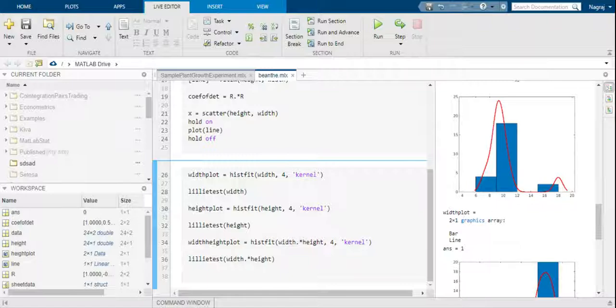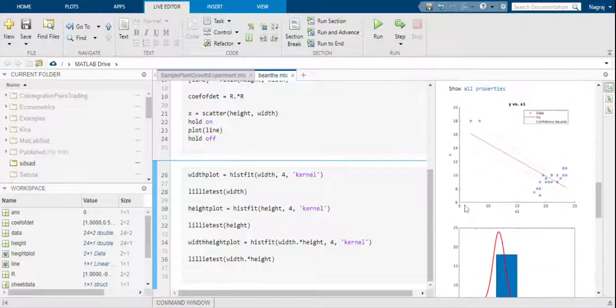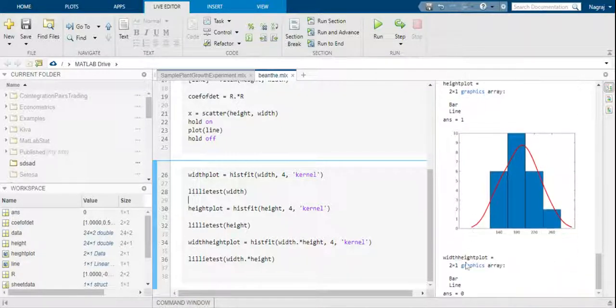And I did a lillietest test for width, height, and the dot product of width and height. And if the lillietest test is 1, it basically says that the distribution is not normal. And if the lillietest test is 0, it says that the distribution is normal. How it finds that out is by using a confidence interval, which I will provide a link to in the